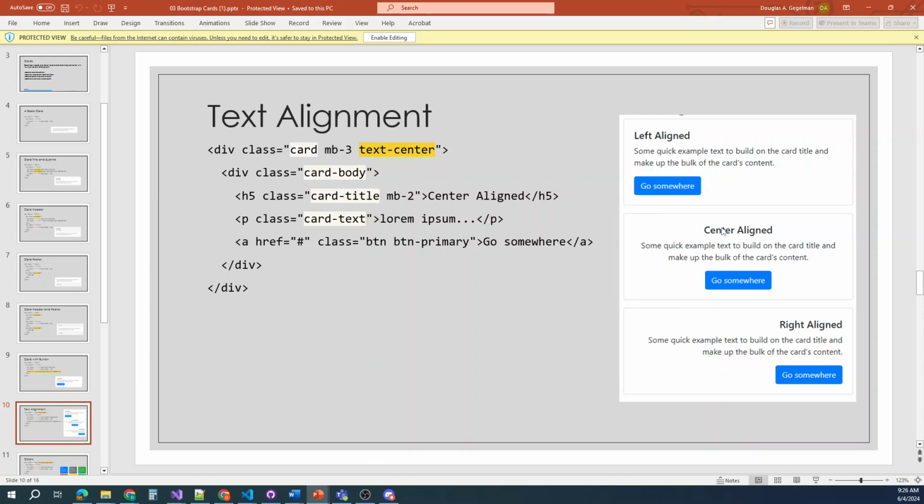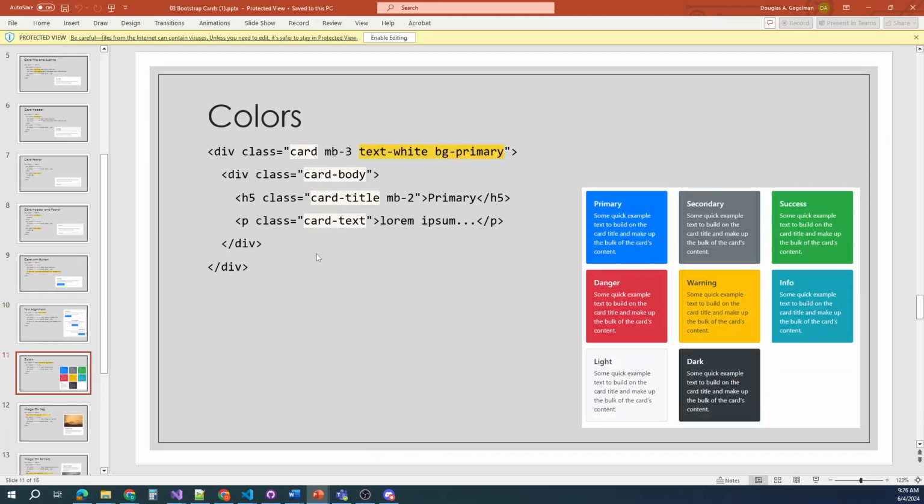And then you got your card body, which is this whole part in here. Got your card title, and then your card text. And again, they got the button in here. And again, the colors, it goes back to the same colors. You can set the color for the body of your card just by doing